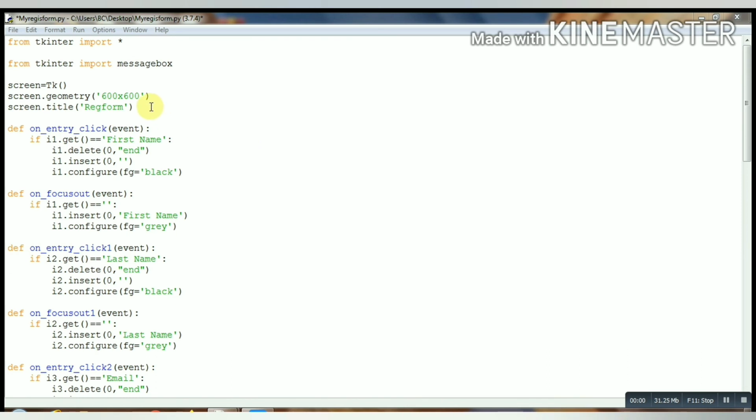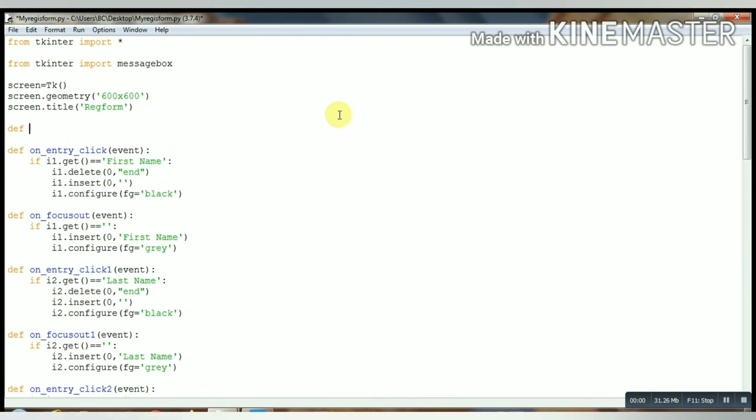Now let's make the function reg. So define reg.